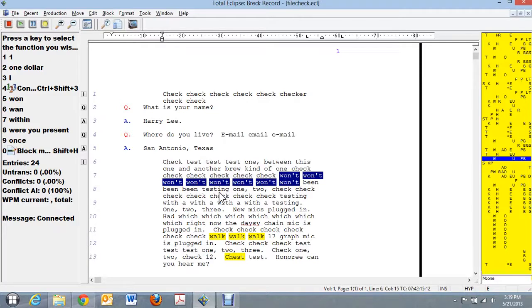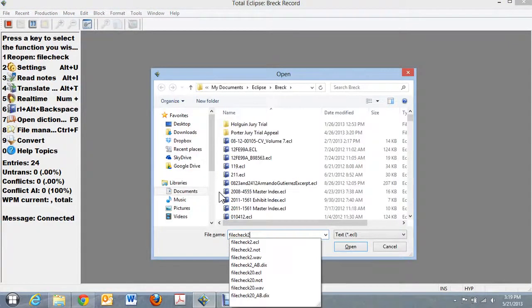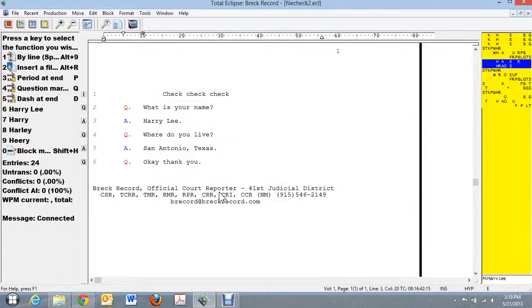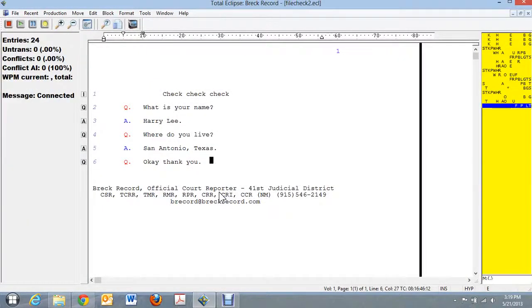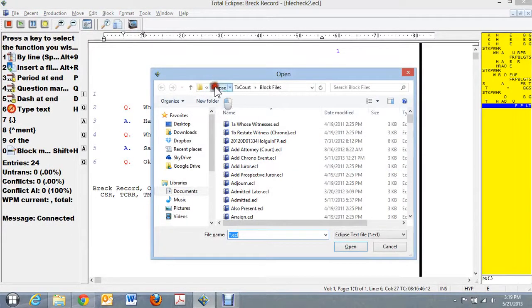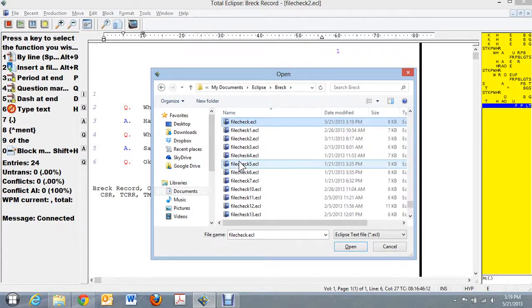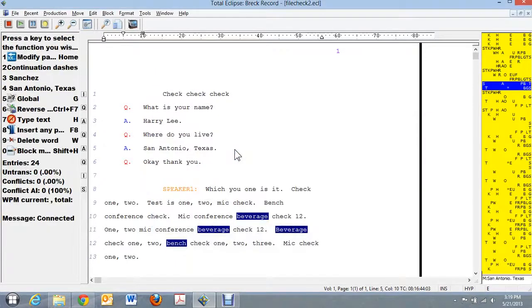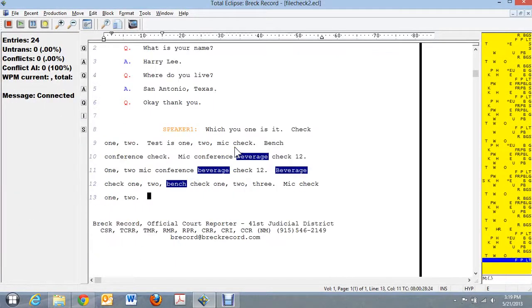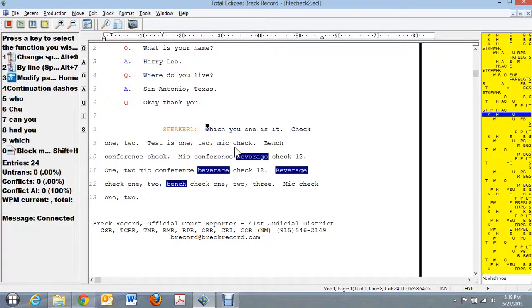So let's say, for instance, I'm over here and I'm editing, say I'm in file check 2. So I have it here. I go to the end. I hit read file. I go find, say, file check 3. Here it is. And I merge that in. Now I can listen to file check 2, but when I get to this point, I can go here. I can do Shift-Alt-V,